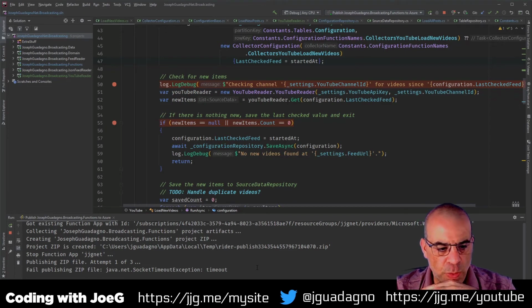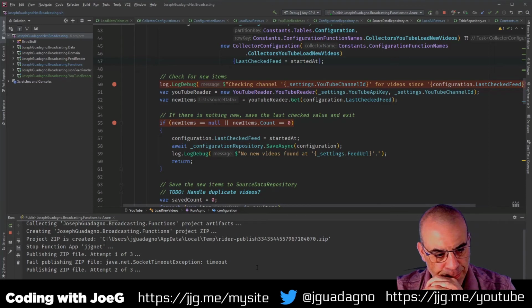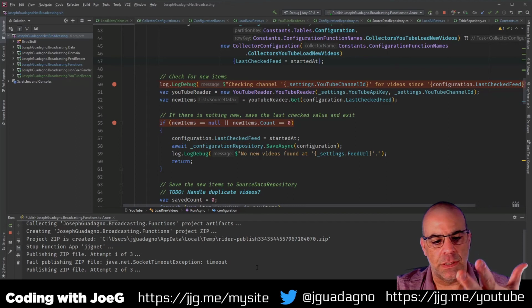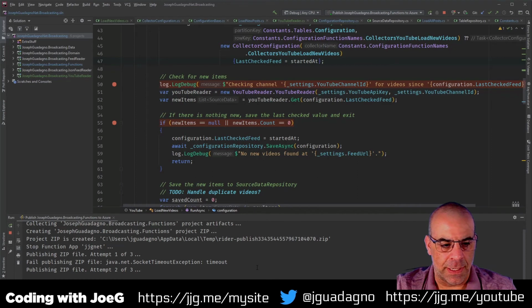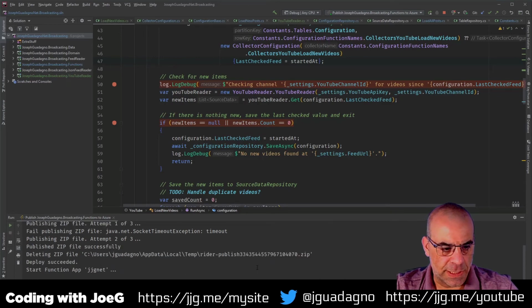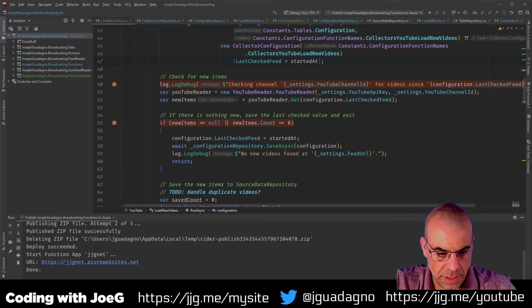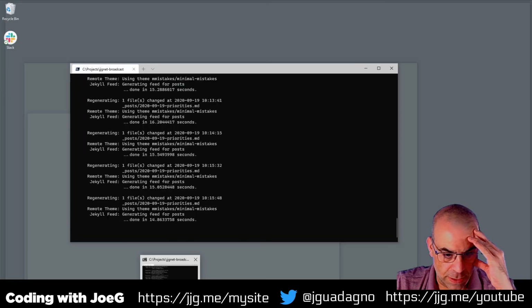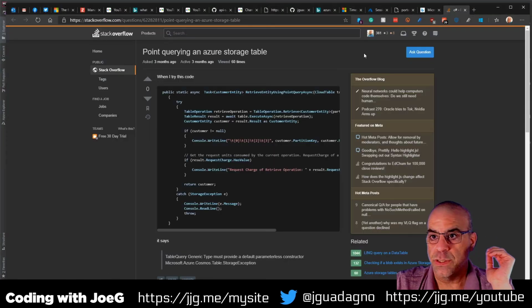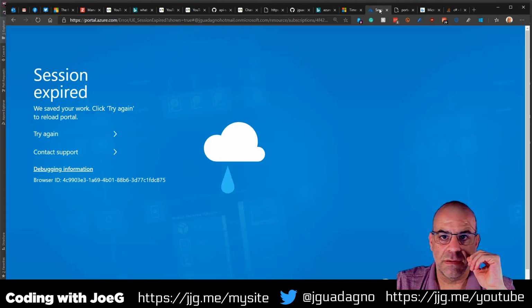timeout almost always happens on the first attempt. Don't know if it's just busy or what have you, but it does it a lot. Usually it will work on the second attempt, and any current attempts in the session will work. Deployment successful. Now it's starting the function. Now we can go back and should be able to see the function running. My session's timed out. Start it.